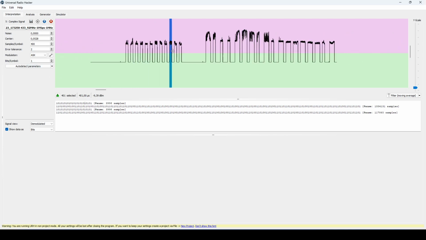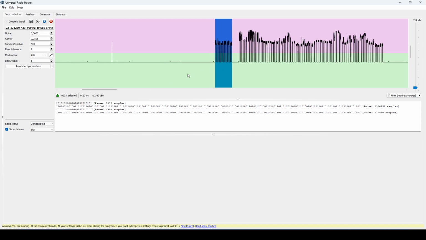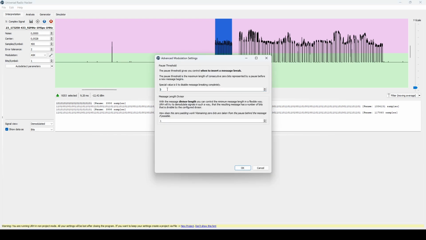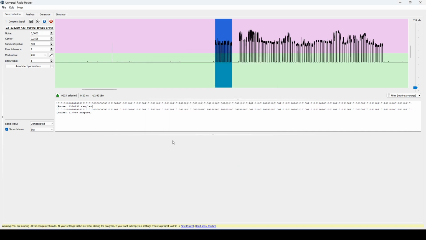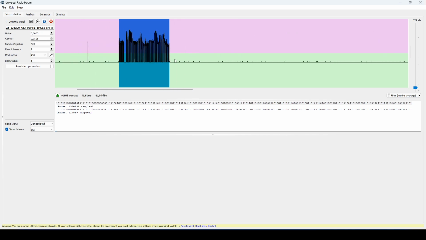And as you noticed, each signal is split into the synchronization and the payload, and we want everything on the same line, so we will remove the message breaking and make it a bit bigger value, and then we have each line which represents a signal.